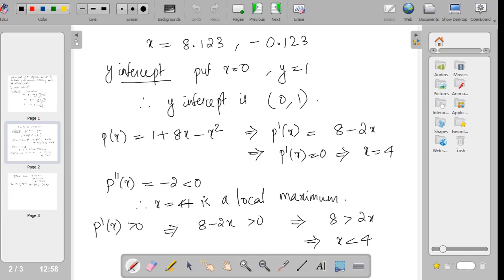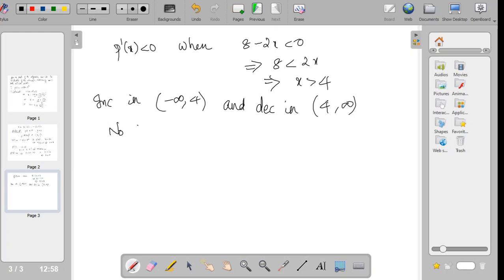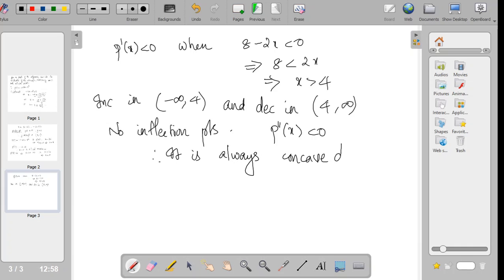And now let us look at the second derivative. So there are no inflection points. p double dash of x is less than 0, so therefore it is always concave down. Since it is negative, it will be concave down. And now the end